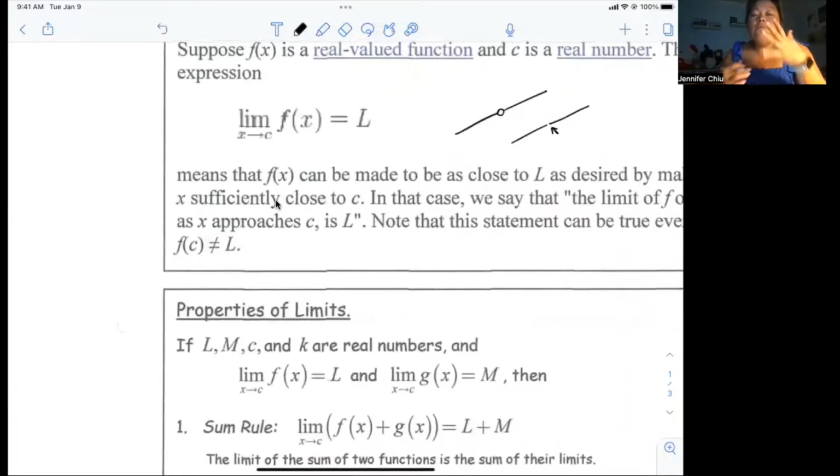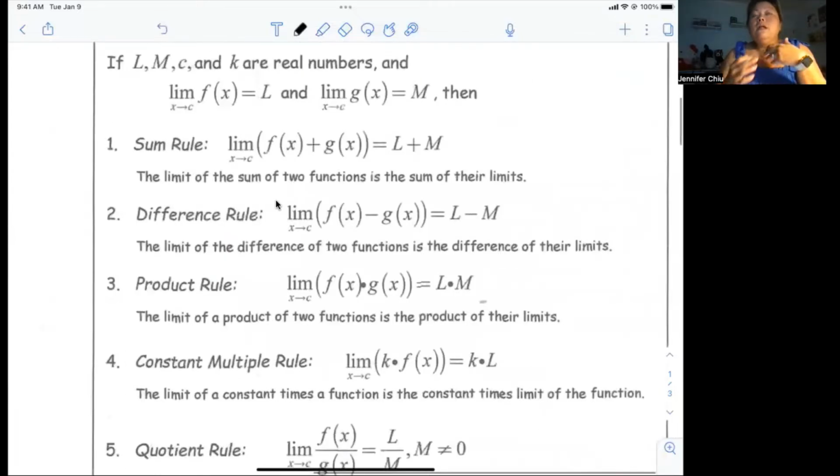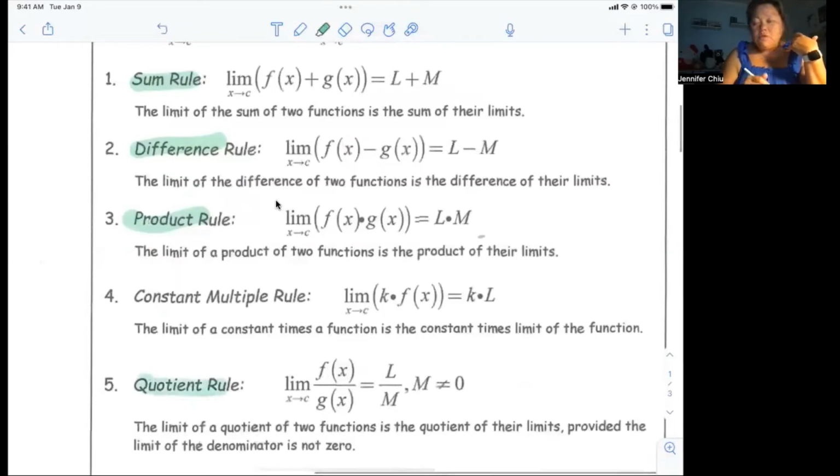Because a limit is a y value, it's a number. So we're reminding you that because it's a number, you can do a lot of things with just numbers. You can add them, so here's your sum rule. You can add, you can subtract, you can multiply. You can even divide if one of your limits is not 0. You can also multiply your limit by a constant, a number on the outside. So you can take that number outside and say, 2 times this limit,